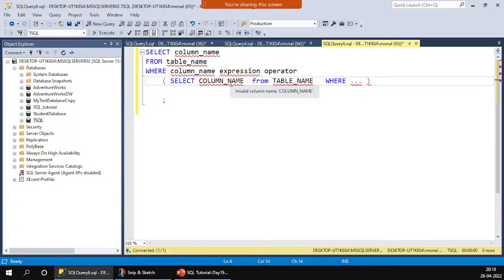And in the case of Postgres or MySQL, you should use a limit. Then subqueries that return more than one row can only be used with multiple value operators such as the in operator. So if this subquery is returning more than one value, right? In that case, you can't use greater than, less than, or equals to. If the inner subquery is returning more than one row, then you should go for multiple value operators like the in operator,